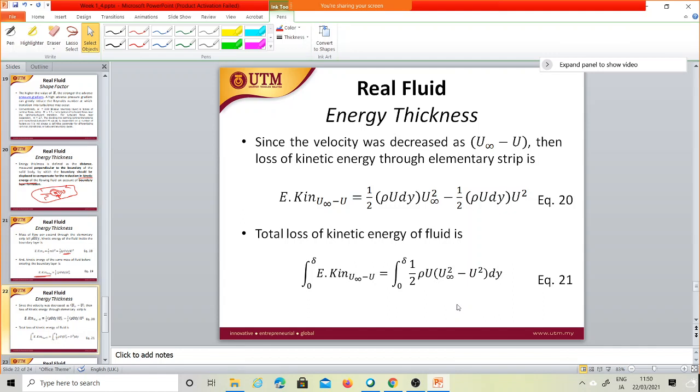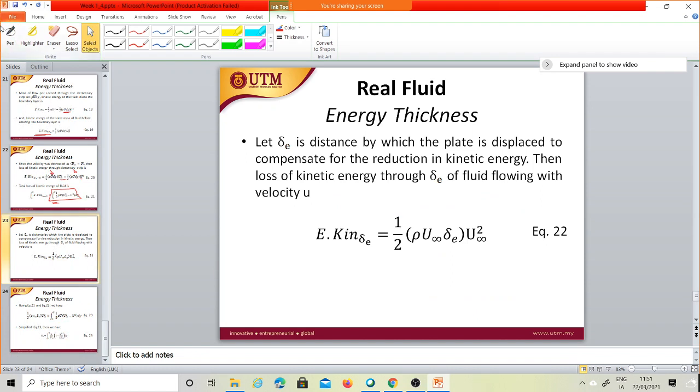Same as before, we have the loss. So how much is the loss? We have half rho u, this one, u infinity square minus u square. This should be u because this is local. So this one will change, right? So the loss will be half rho u, this much. You can just spend 5 or 10 minutes and you will understand. The same. So now it should be equal to